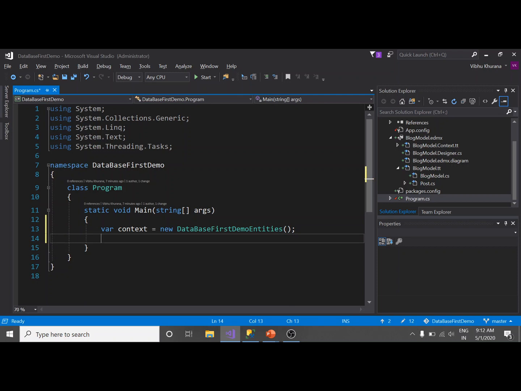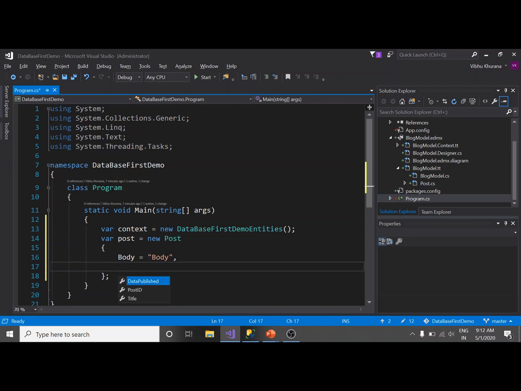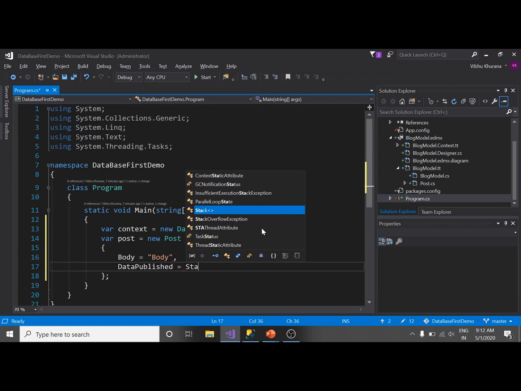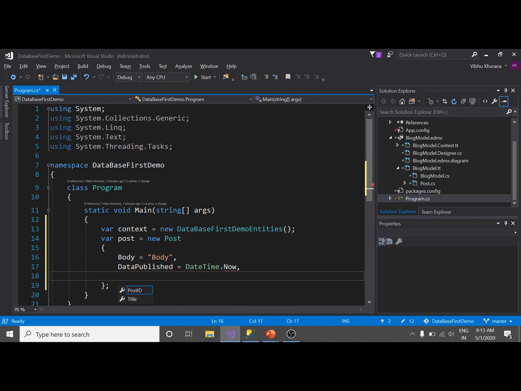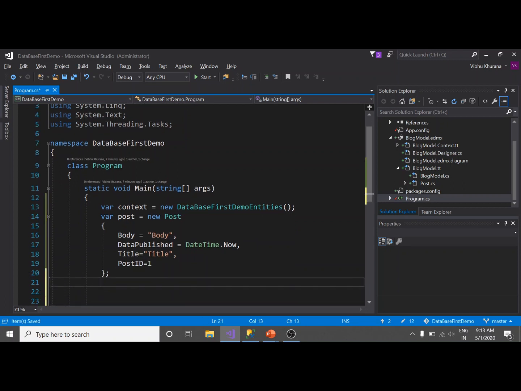Now I'm going to create a new post and initialize it here. Here we are done with the initialization part.